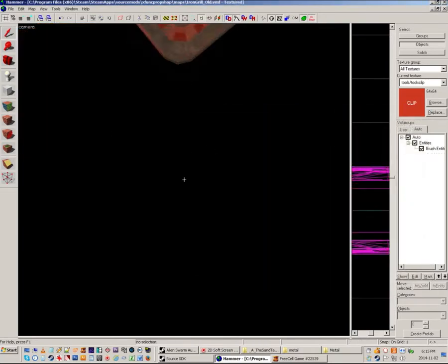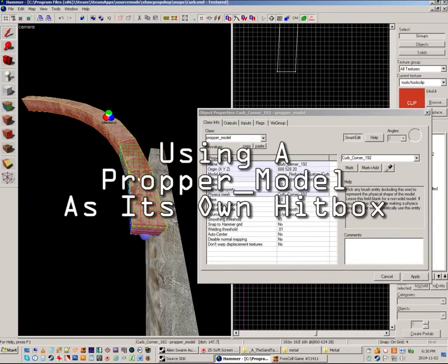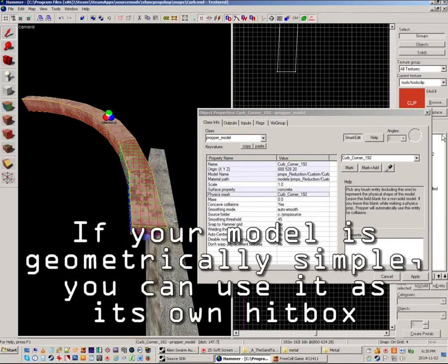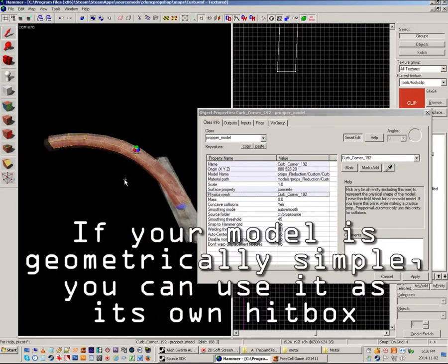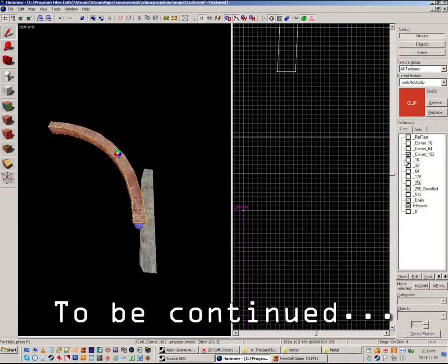So I've got 2 props ready to render. In this case, I've used the actual model as its hitbox. The physics mesh, I'm using the same geometry as the model itself here, just because this is an arch and it works. Anyway,